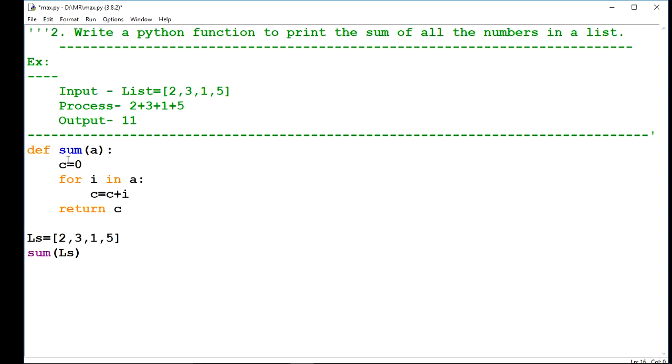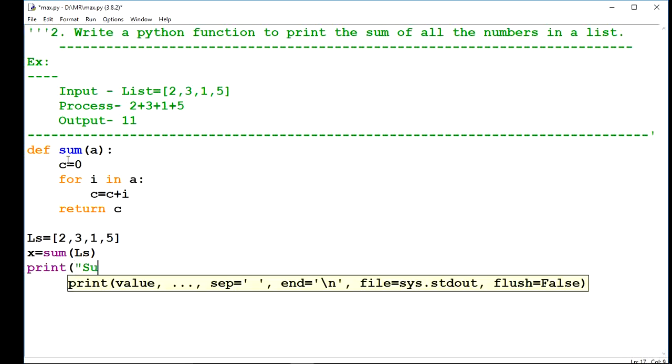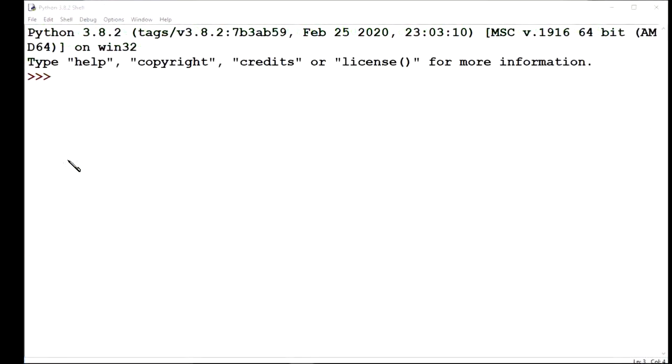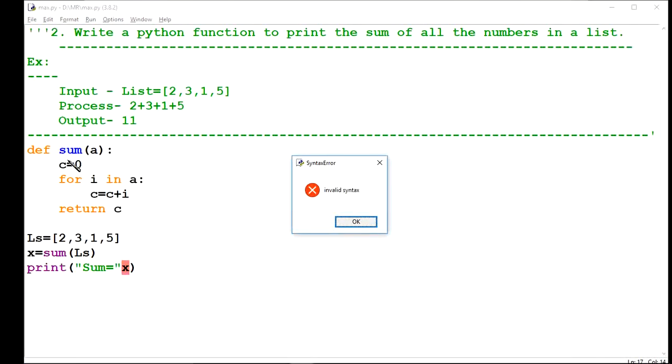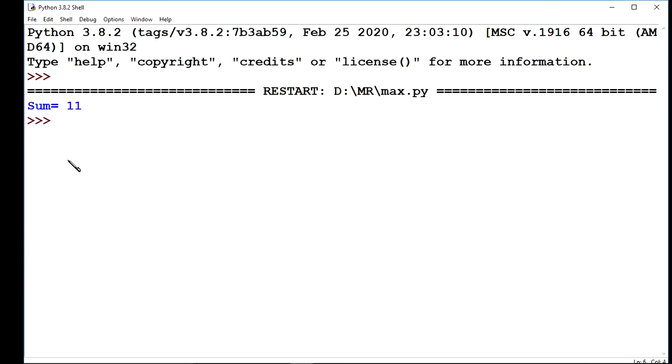That c will come back to x, and here it will print sum is equal to x. Now check the answer. What is the problem? Here I have missed a comma. Yes, the answer is coming 11.